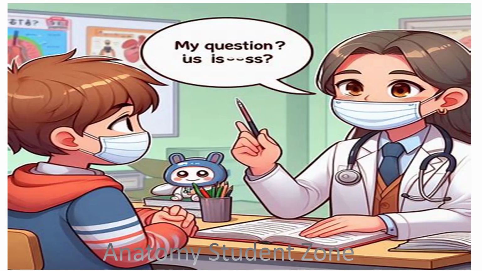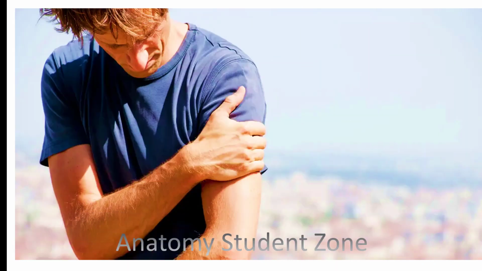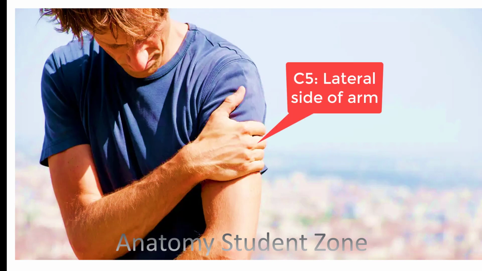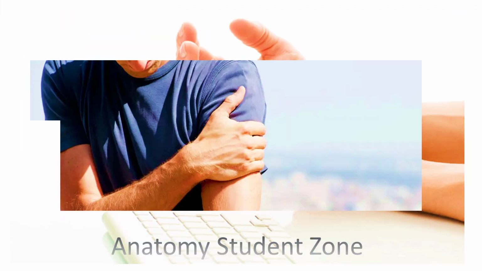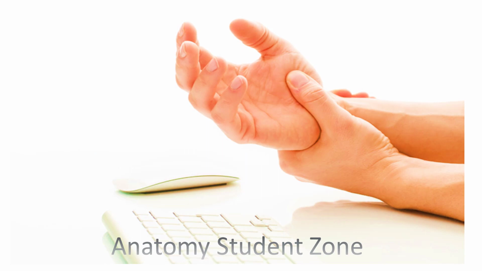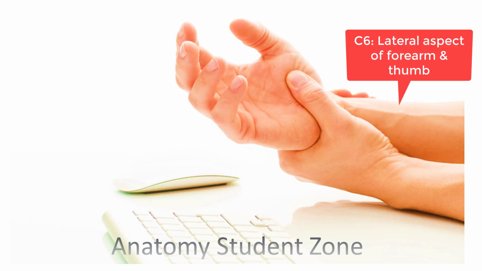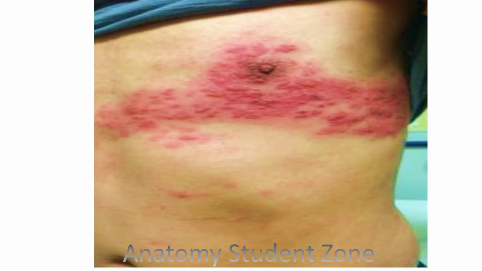Now I will give you a clinical scenario, and using your knowledge of the dermatomes that you have covered, you can answer that. My question is, if the patient complains of numbness, pain and a needle sensation in the outer aspect of the upper arm, which segment of the spinal cord is involved? Yes, it's C5. Hence, in this way, we can localize the lesion. Second, if the patient complains of numbness in the lateral forearm and thumb, which area of the spinal cord is involved? Perfect, it is C6.